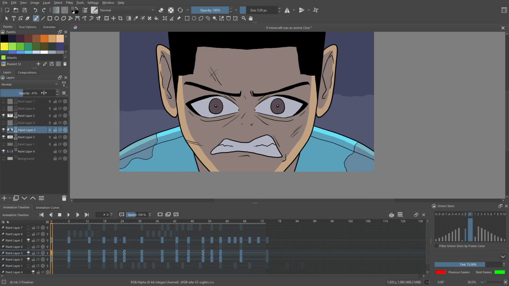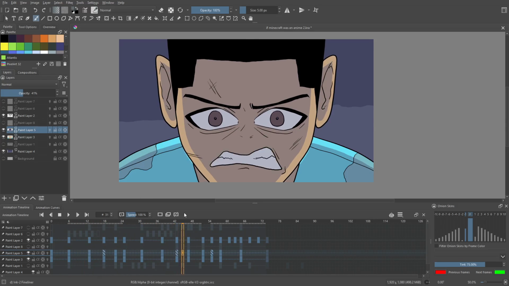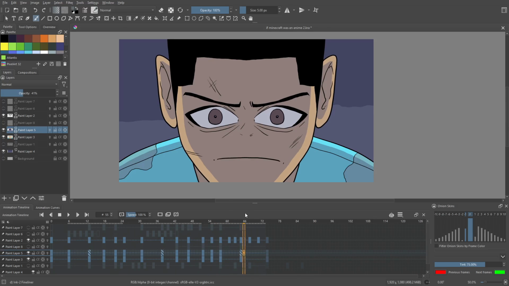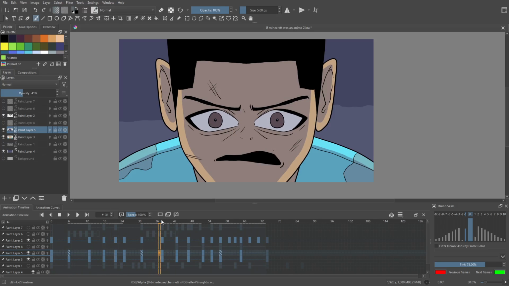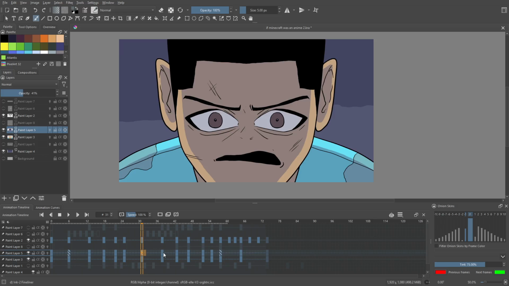I want the light to look like it's behind him. So that's why I put the dark colors on the main part of his face, like the front of his face and the front of his shoulders. So it looks like the light is behind him, which is exactly what I was going for. This also follows the animation. There's a keyframe on all of the keyframes that are moving our character, the line art and the color, so there's a keyframe for the shadows that follows suit. You can see here on Paint Layer 5, all these keyframes are here. Boom, boom, boom.